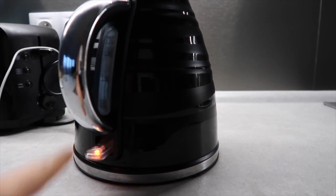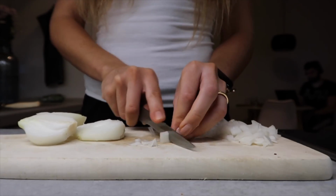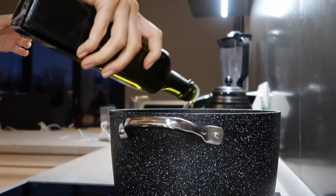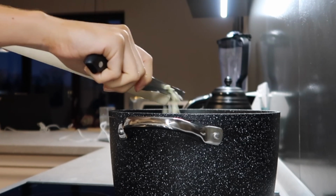We start by boiling water and adding to the green lentils so they can soak for at least 20 minutes, otherwise it will take a lot longer for them to cook. In the meantime, let's cut garlic and onion, adding olive oil to the pot along with the chopped garlic and onion,